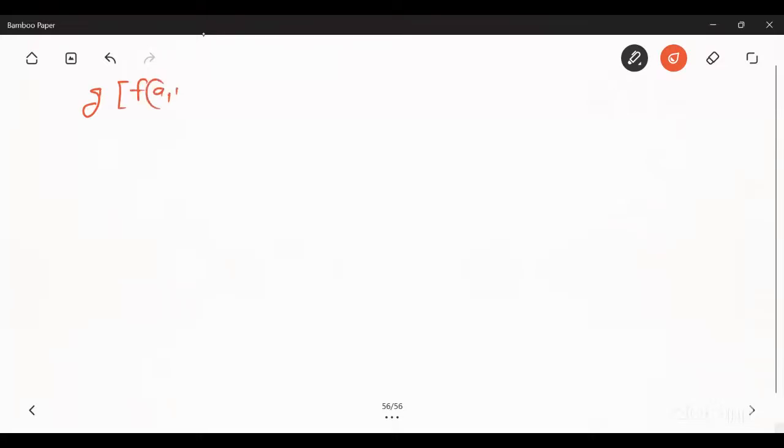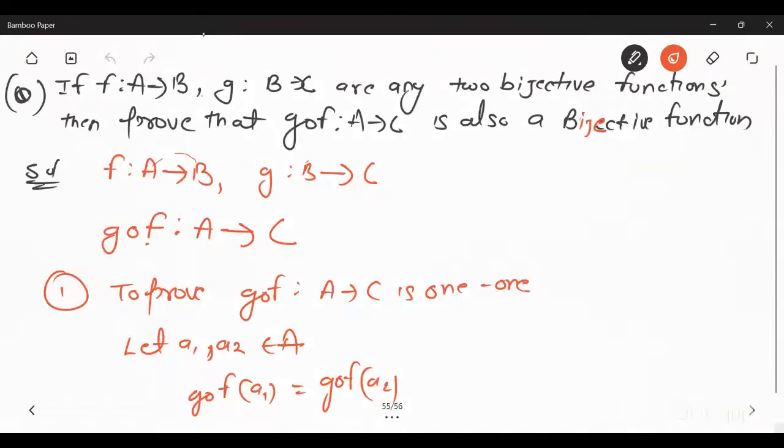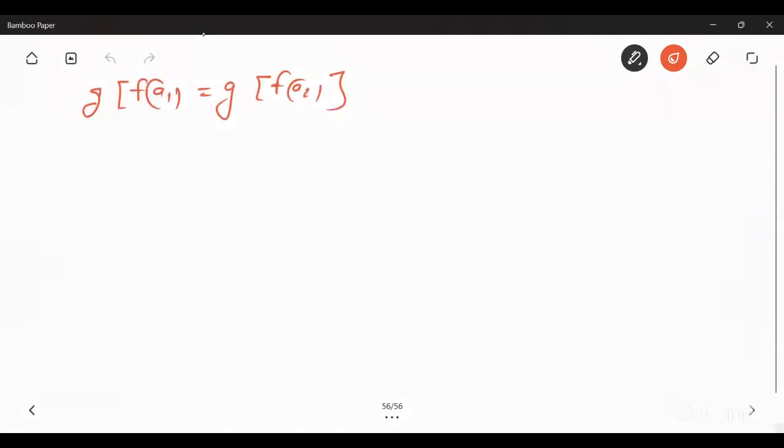We know that the functions f from A to B and g from B to C are any two bijective functions. Bijective means they are both one-one and onto. So f of a1 equal to f of a2 because g is one-one,